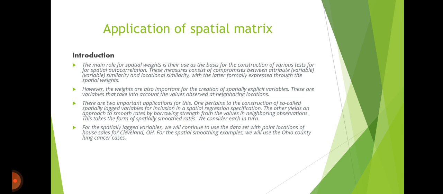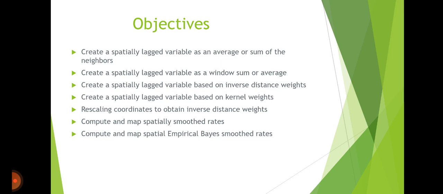For the spatially lagged variables, we will continue to use the data set with point locations of house sales for Cleveland, OH. For the spatial smoothing examples, we will use the Ohio county cancer cases. Objectives: